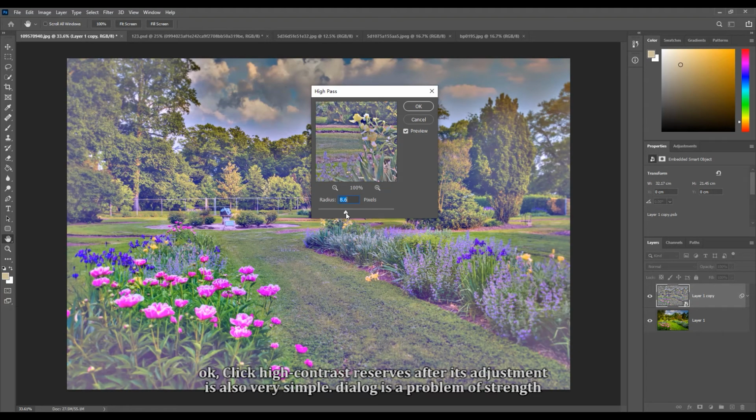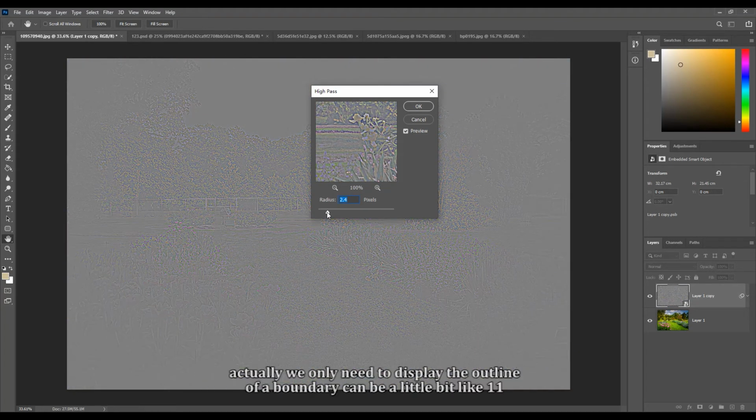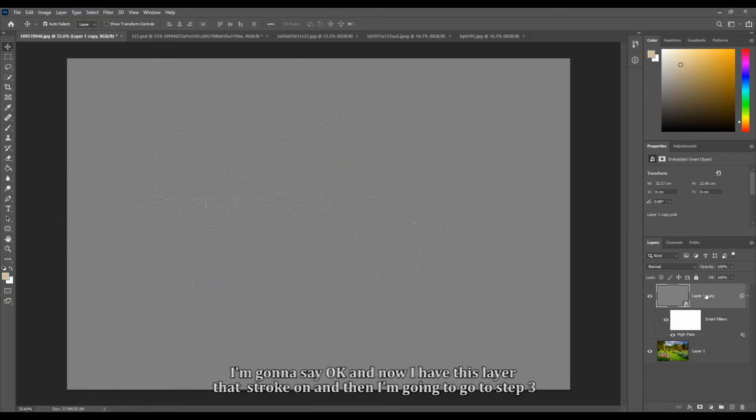The dialog is a matter of strength. Actually, we only need to display the outline of the boundary, so it can be a little bit, like 1.1. I'm going to say OK, and now I have this layer that's stroked on, and then I'm going to go to